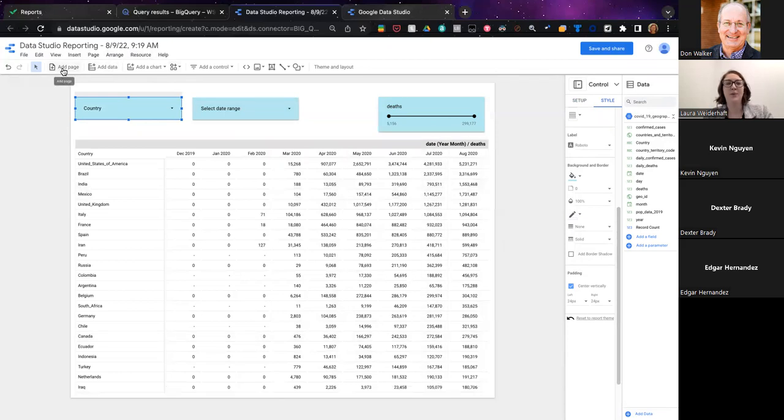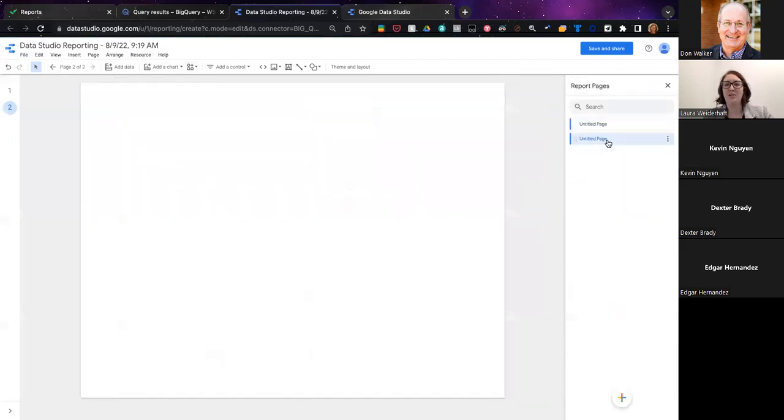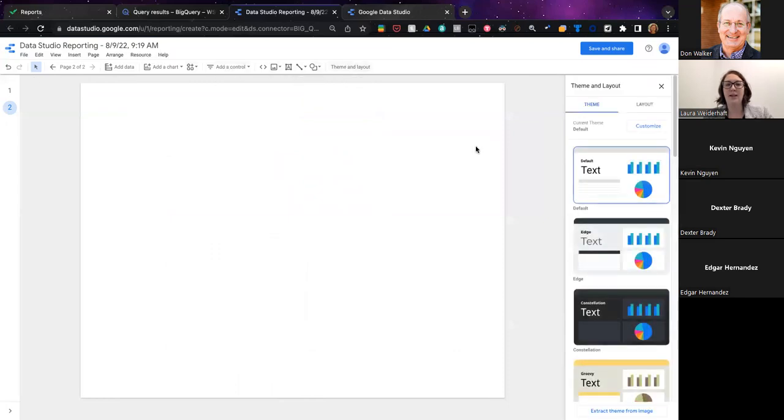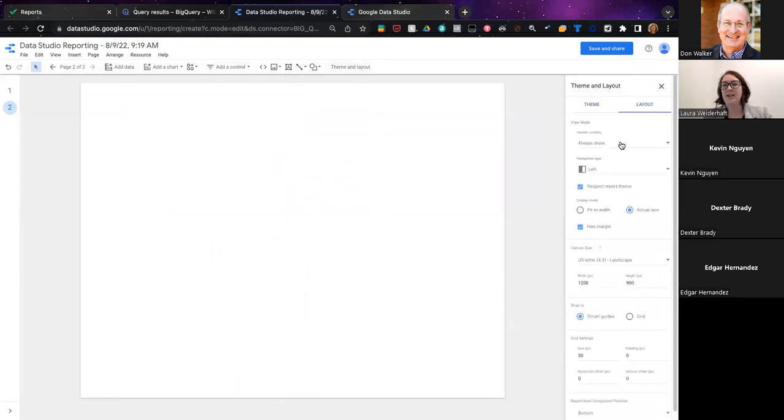So we are also able to add multiple pages to our dashboards. And one thing to point out is for your viewer, you can actually specify where their navigation should be.